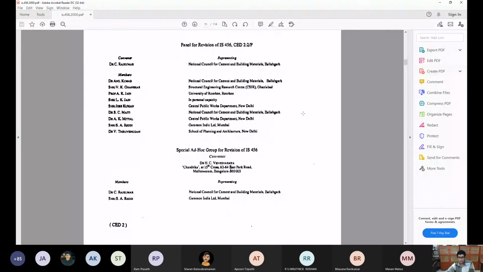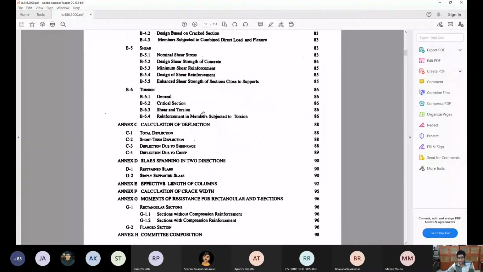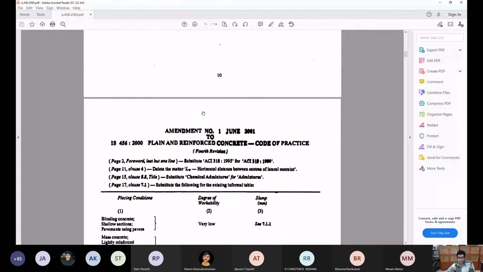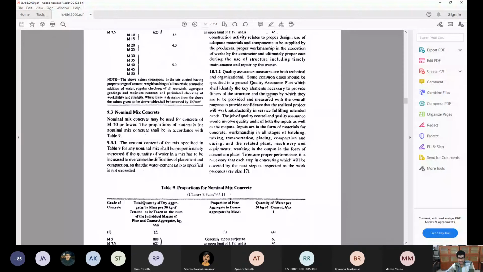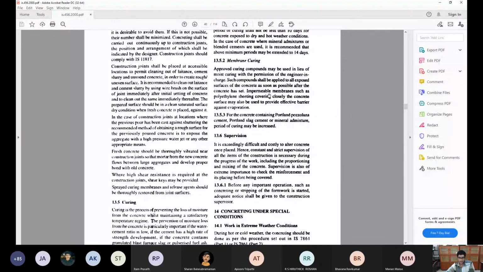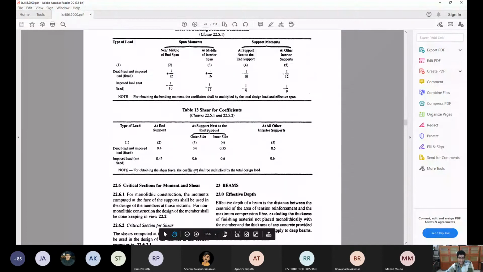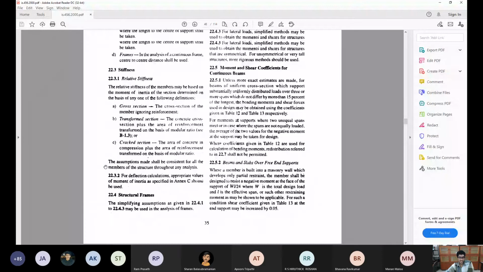Now I'll go back to my PPT where I will be sharing some cutouts from this code book to discuss the main features and main requirements for limit state design. All these things are there in the code book. What are the things that I'm going to show you now? Please see, for example, I showed you one table in the last class. This is where I took it from. All those things are taken from IS 456. Similarly, effective span.